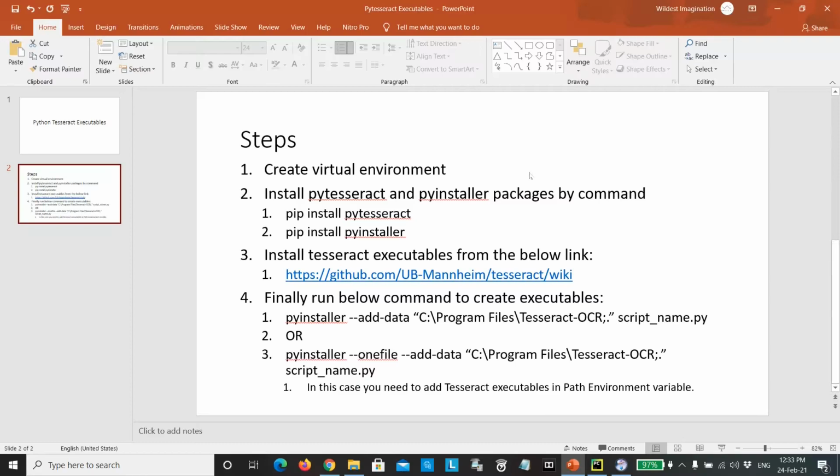The PyTesseract package will be used to extract text from any image, and the PyInstaller package will be used to create Python script executables. The PyTesseract package won't work if, on the Windows operating system, the user does not have the Tesseract OCR executables.